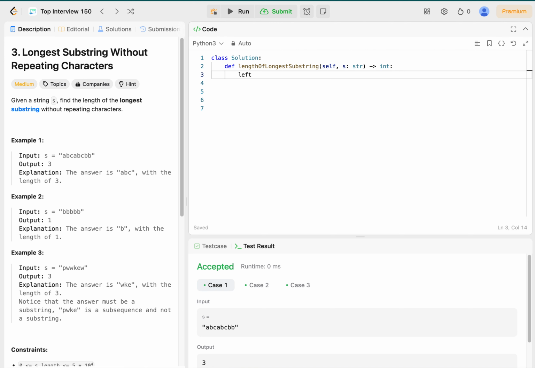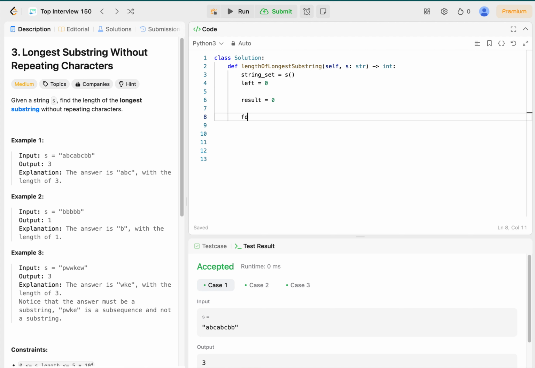Let's define the left as 0. Let's create a set as well because we want unique characters. So string set is equal to set, and let's also do the result as 0. And in this case, the right will be for right in range of length of s,